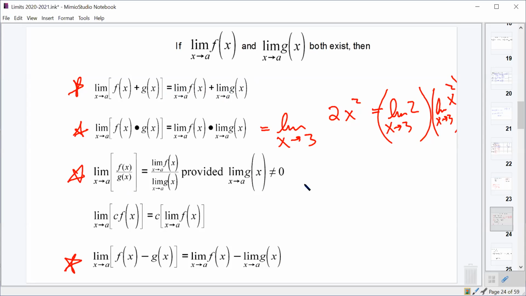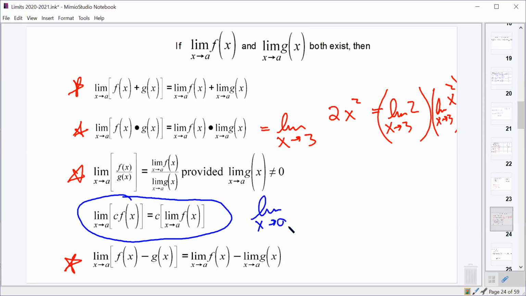Okay, good. And then this last one doesn't look very important, but it is. We can prove that this is true using what we know about the limit of a constant. But this is telling me that the limit as x approaches a of 3x, let's say, is the same as 3 times the limit as x approaches a of just x. We can take the constant that's being multiplied by a function and pull it out in front of the limit so that it's no longer part of the limit, which doesn't seem very exciting